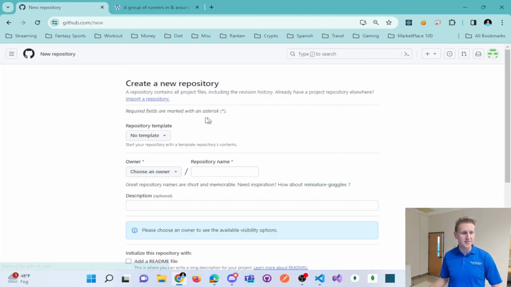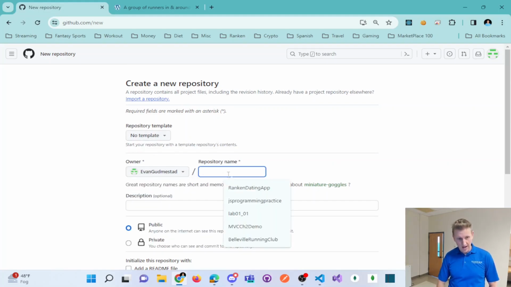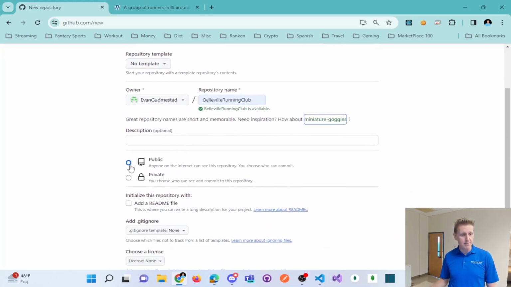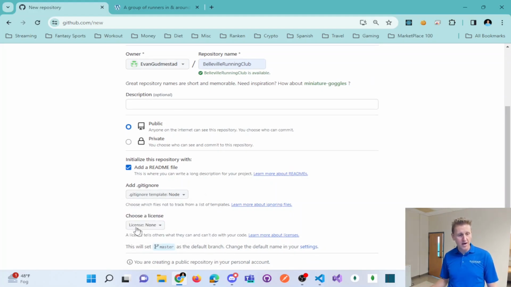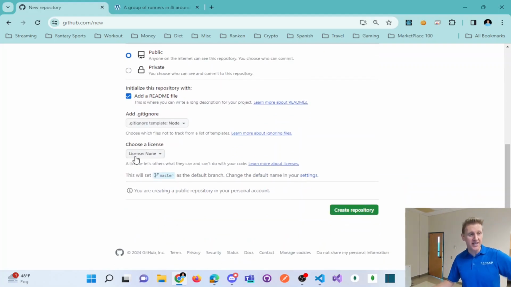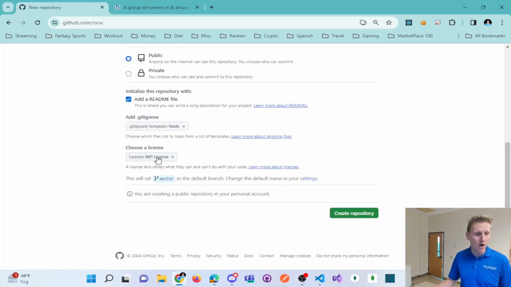So on github.com, I'm logged in. I'm going to create a new repository, no template. I'm going to choose I am the owner, and I'm going to call Belleville Running Club my repository name. I'm going to make this a public repo. I'm going to add a README file. I'm going to choose a git ignore of node, since that's the system we're in. It'll ignore the node modules folder, which is a lot of files that don't need to be copied up to github.com. I'm going to choose MIT license. That is saying, hey, if you want to reuse my code, that is completely free and legal to do. Let's create that repository